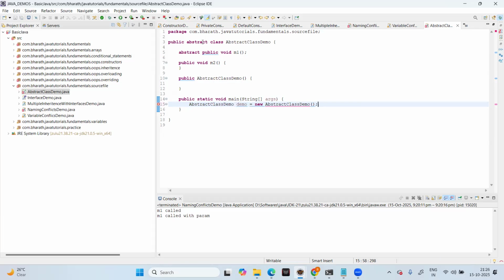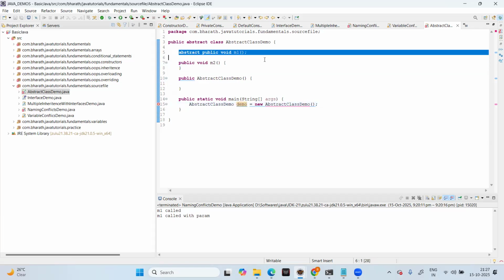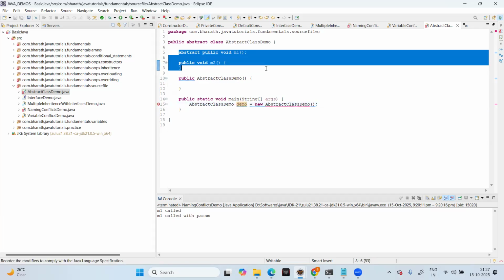Why? For example, let's say the reverse possibility is there, and I am able to create the object. Then what happens with this object? I can access the M2 method as well as the M1 method, right? I mean the members of that class. But here